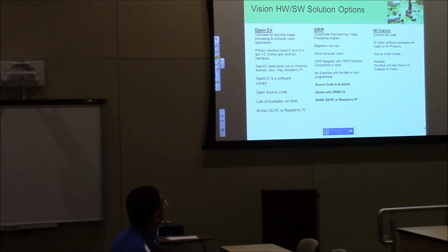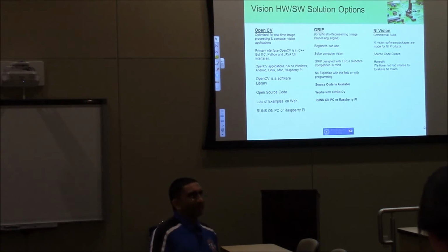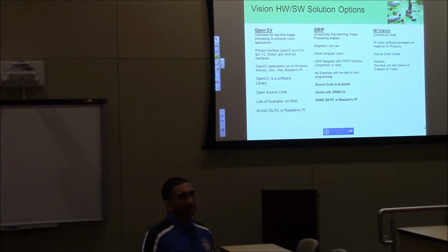And like I said, NI Vision, I haven't experimented at all. I don't know if you guys have any experience. Any of you guys experimented with NI Vision? Just a little bit, yeah. We played with GRIP and we've got some code running on OpenCV, but it's not deployed basically. Okay. NI Vision a little bit, but I think for some of the same reasons we decided to stick with the...